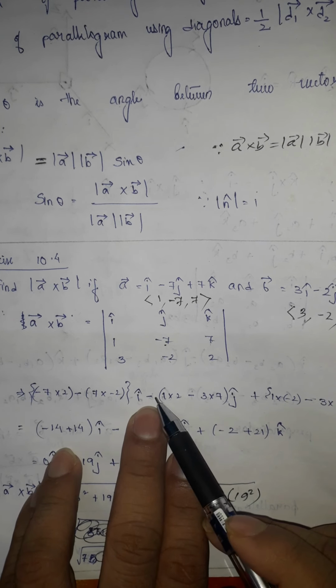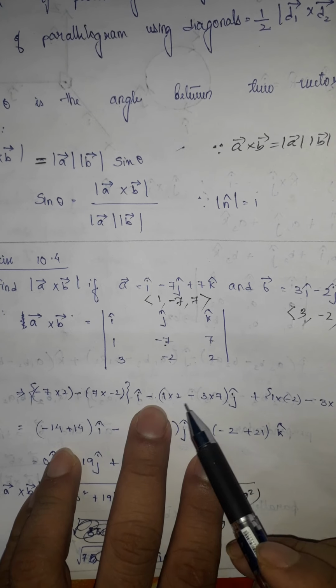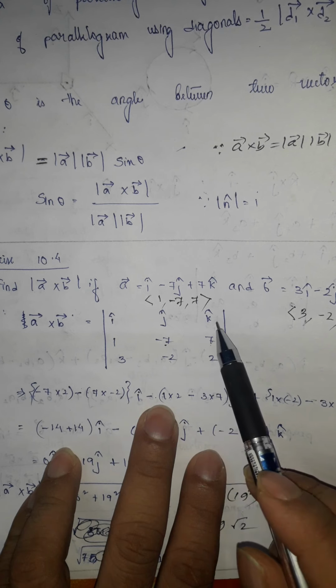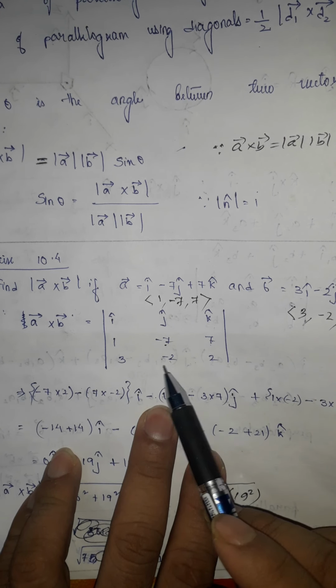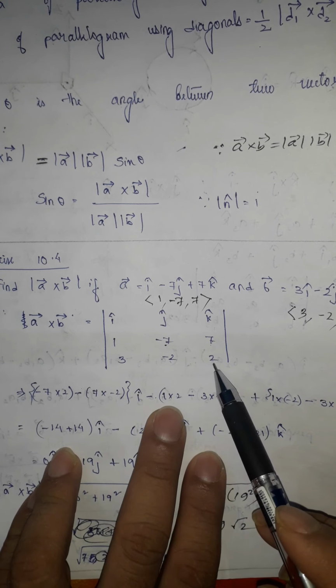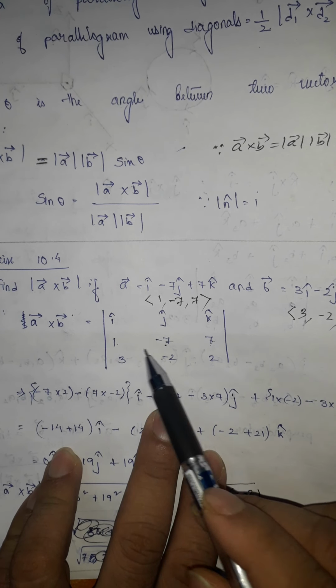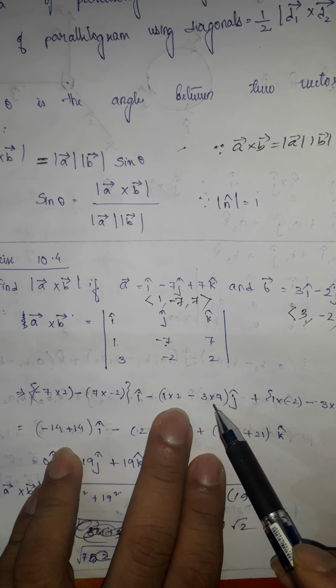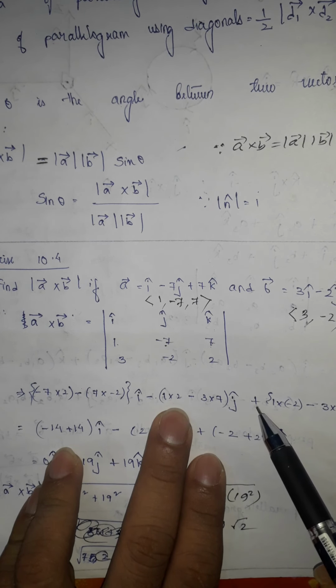This is the permanent minus sign. j whole into, delete this row and this column, then you get these four numbers: 1, 7, 3, 2. So you multiply like this: 1 into 2 minus 3 into 7, whole into j, plus